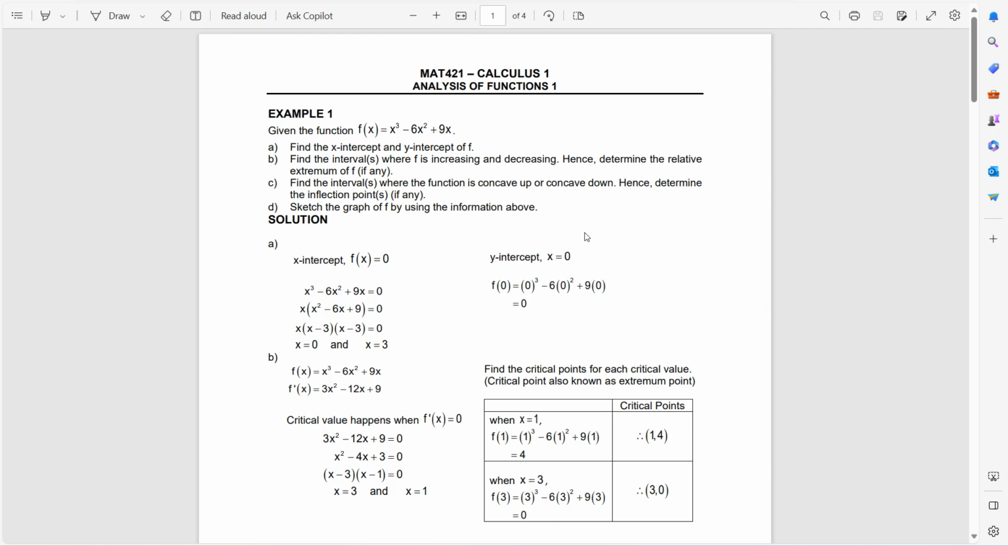Today we're going to learn about the analysis of function 1. So example number 1, given the function f(x) equals to this one, we are trying to solve these functions and sketch this function by using the concept of differentiation. So the first question asks you to find the x-intercept